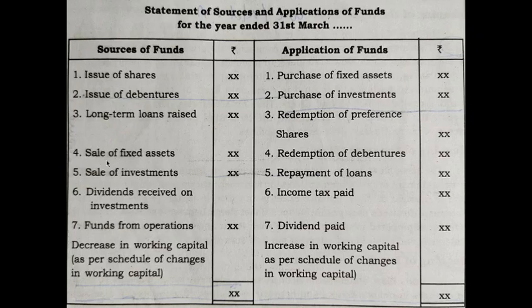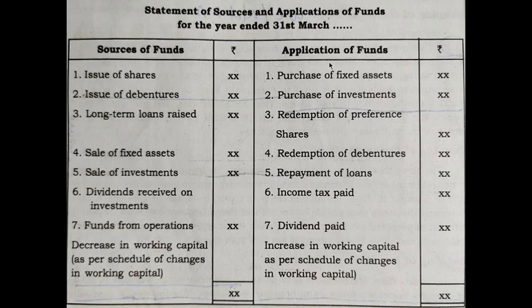Next, if you go through the assets part, you can see that whenever there is a decrease in assets, it may be a fixed asset or a current asset, then there will be an increase in cash balance, that is a source of fund. So there exists an inverse relationship between liabilities and assets. When liability increases, it is a source of fund, but when fixed assets decrease, it is also a source of fund. That's how you have to consider.